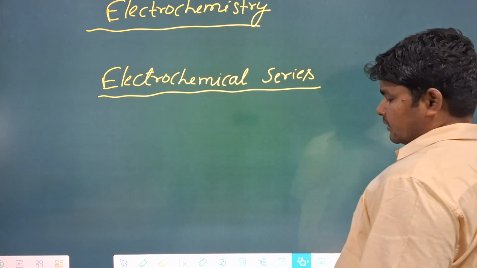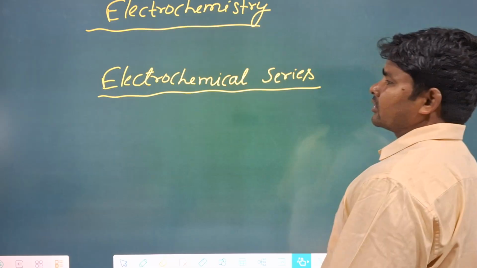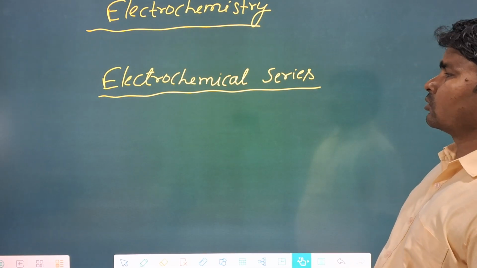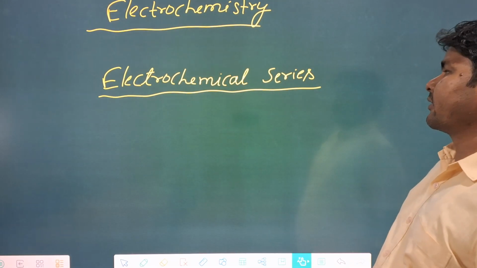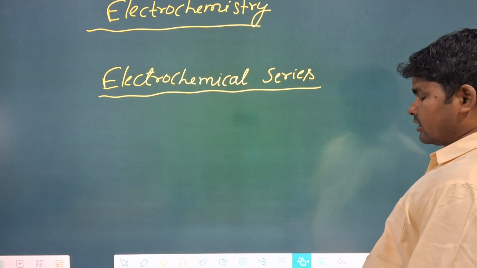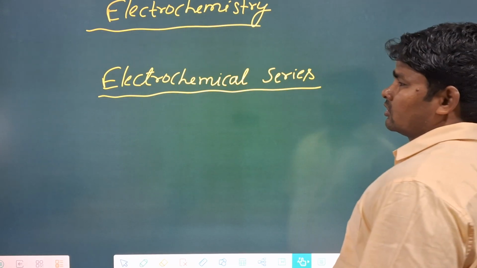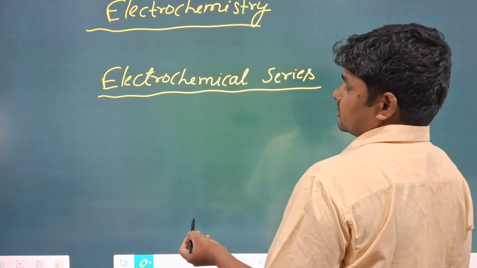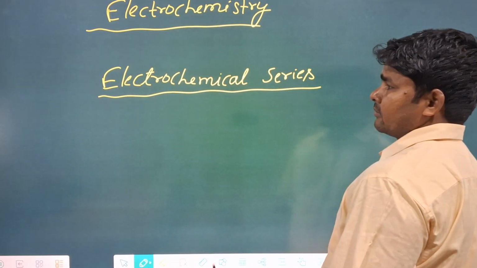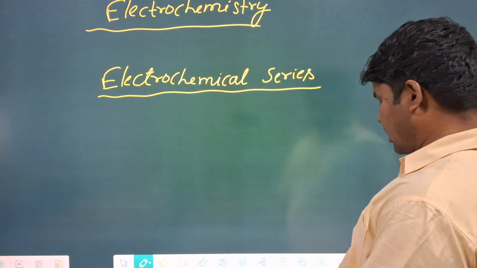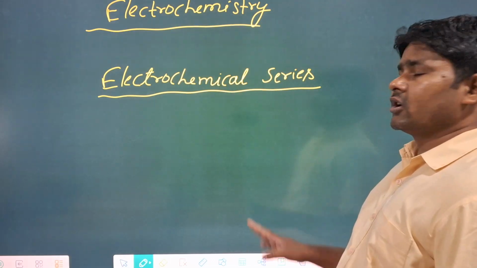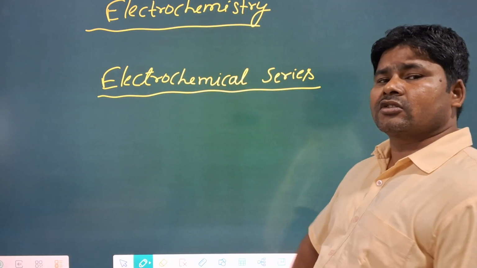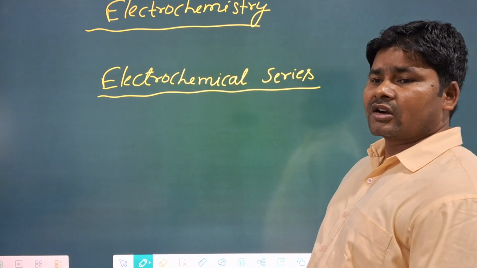After the calculation of electrode potential of different metals, non-metals and radicals, these elements are arranged in the order of increasing standard reduction potential or decreasing